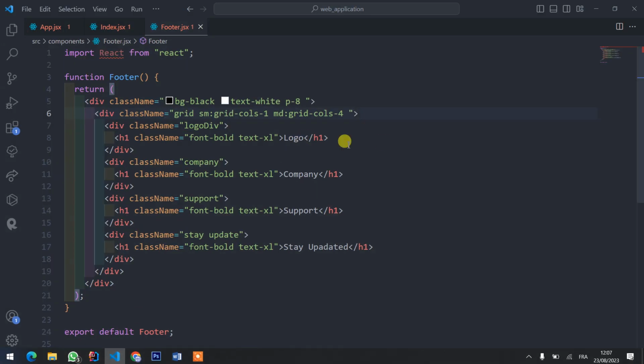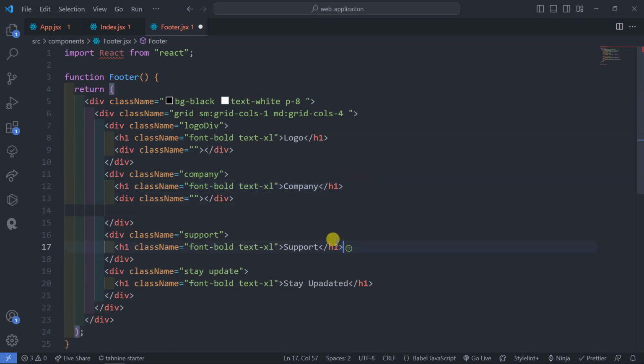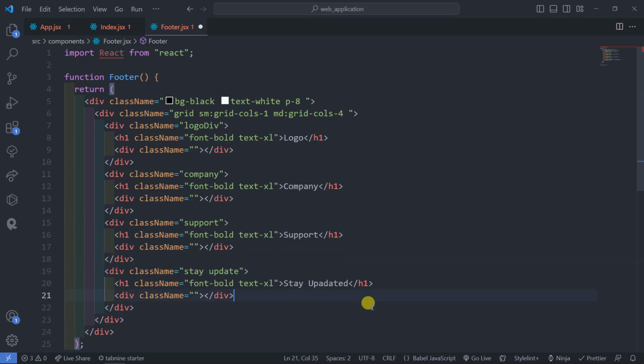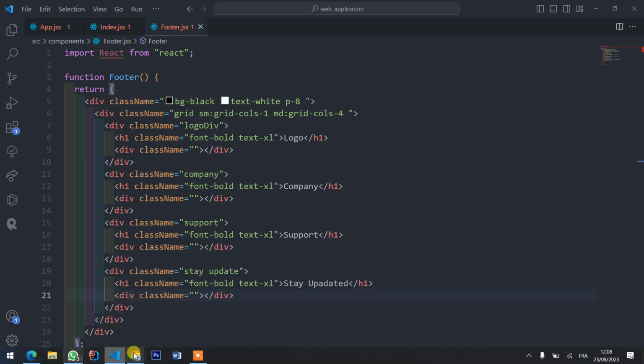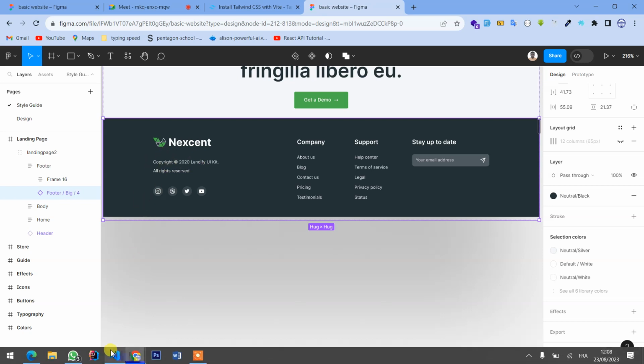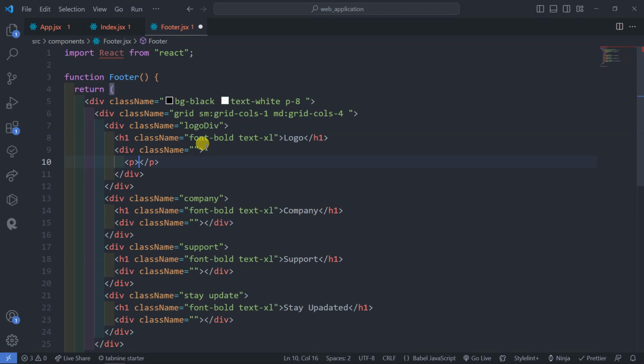Then within this one here, H1, we can have the div. After every H1 we can have a div there that can give us the information, or we can put the information of the other part. So let's go and see what things we can add next. Here we have to put a paragraph, say copyright, something like this. So feel free to modify anything here, you can write your own words. Okay, so here we go down, we start with the first one, near logo. Here we pass our P, that P says copyright